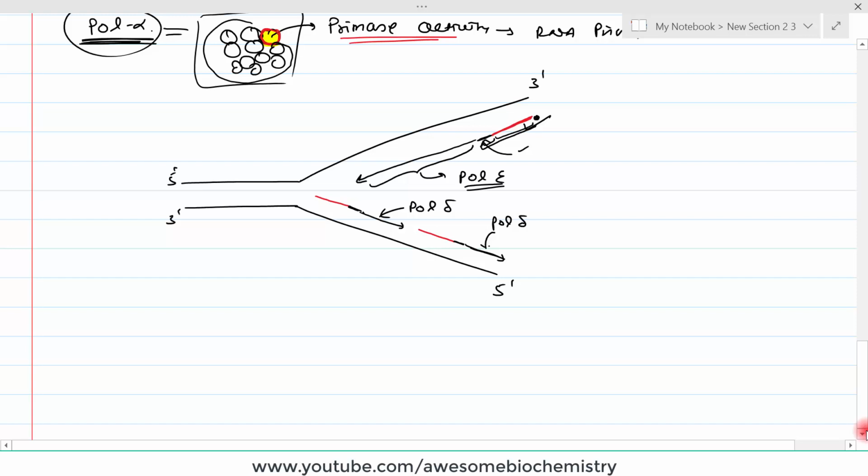Now, so far we have discussed eukaryotic DNA replication with respect to prokaryotes. But there is one unique action that is required in the eukaryote which is not required in the prokaryote. Prokaryotic DNA is a simple circular DNA. But in case of human chromosome or human DNA, what happens? That DNA, once replicated, needs to pack into the chromosomal structure, right?